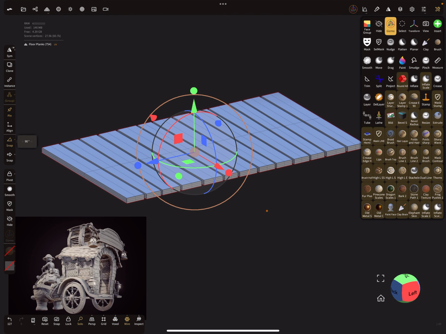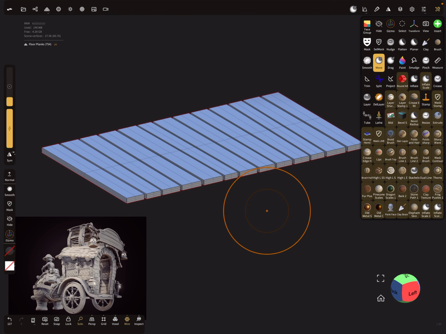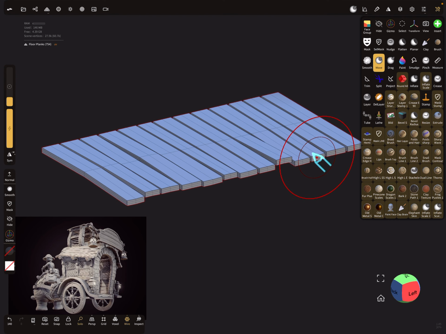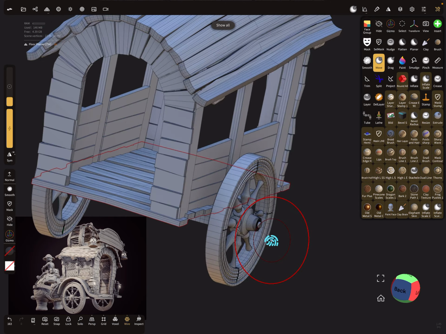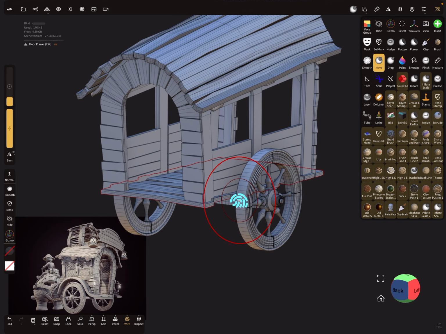So now I use the move tool and play a little bit with them to make it a little bit more uneven. Let's check the whole thing. Yeah, everything is fine.